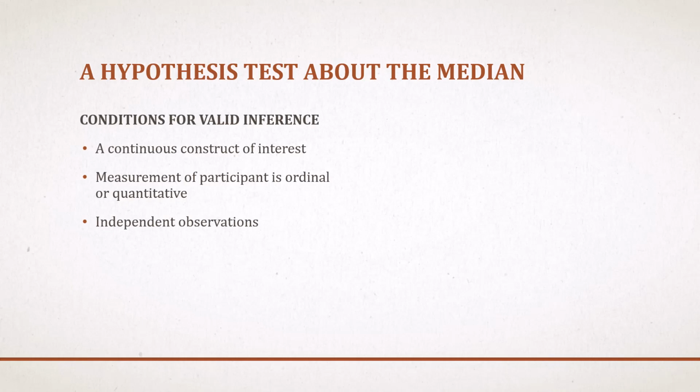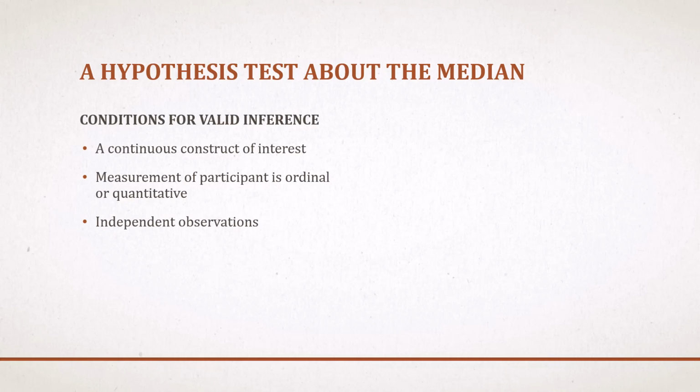If you think for a moment about how this compares to the conditions when we're doing a hypothesis test for the mean, we typically use a one-sample t-test for that hypothesis testing. There is a continuous construct of interest, yes. There is measurement of a participant that is always using quantitative measures, not ordinal. There are independent observations. But there is an even stronger condition, and that condition is that we have normally distributed